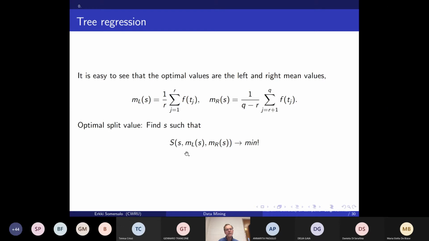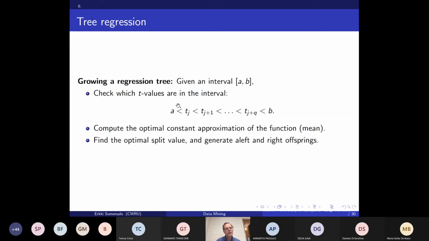And so you have a finite number of discrete values, and you pick the one which gives you the minimum. And so that's the optimal split value. So now, if you want to grow a regression tree that approximates your function,